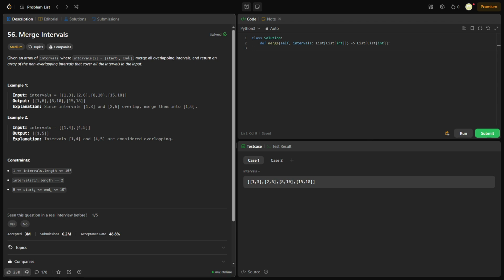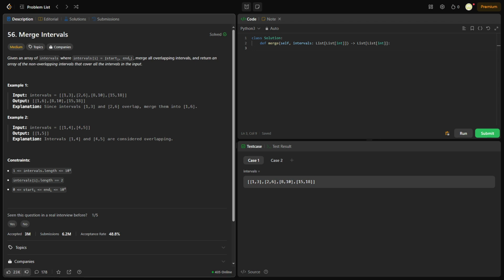Okay, so this problem though, we're given an array of intervals, right? We're given a start point and end point, and we have to merge all the intervals that overlap. Sounds easy enough, right? But there are edge cases we have to handle, which is kind of the tricky part of this problem. Now, I want to discuss something really important before we even do anything, which is: don't ever make assumptions about your inputs, right? So what I mean by this is